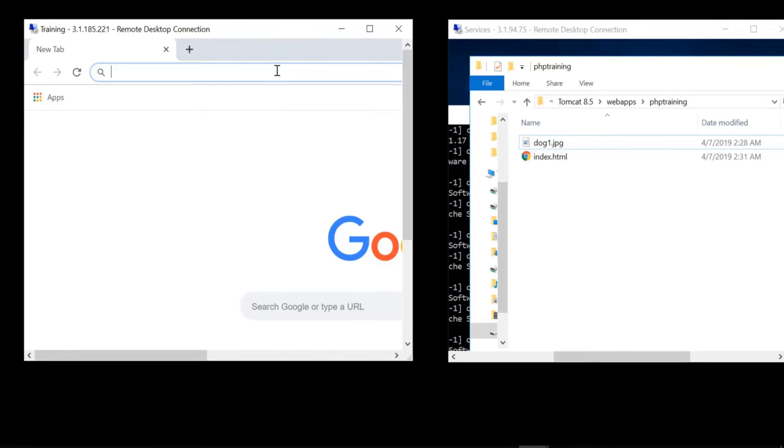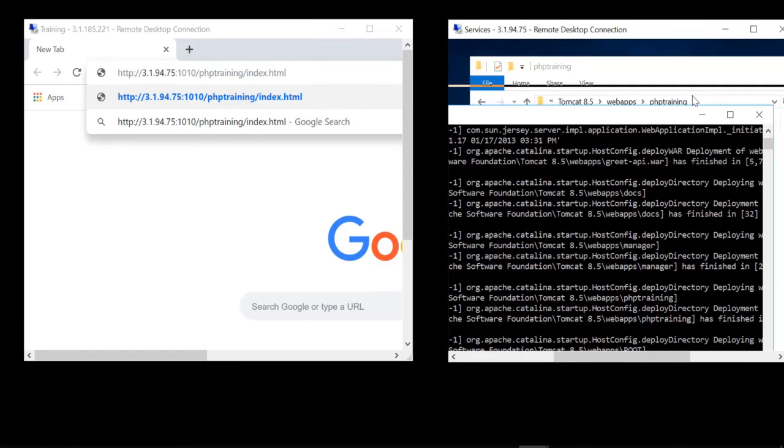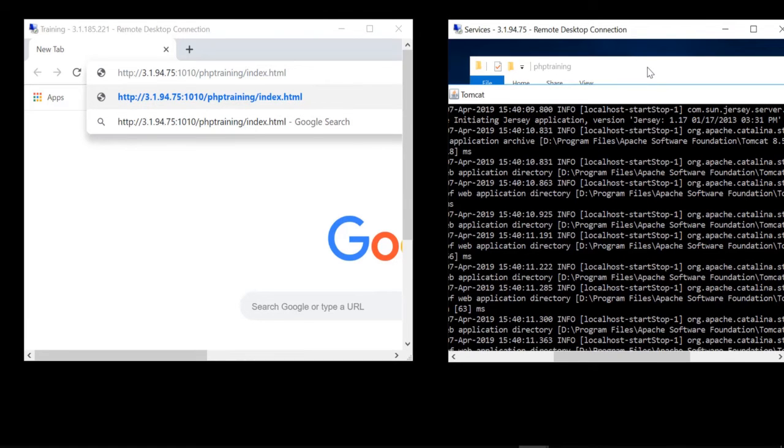So there's an IP address. I'll type in the IP address and then I will type in the folder name. And once the folder name, then I'll say I need the index.html file. Okay. So when I click it, the request will go to this server. The Tomcat server will say, okay, you need these two files. The two files will be given back to the client and the client will be able to display that output. Okay. So we're going to see that. So when I click enter,